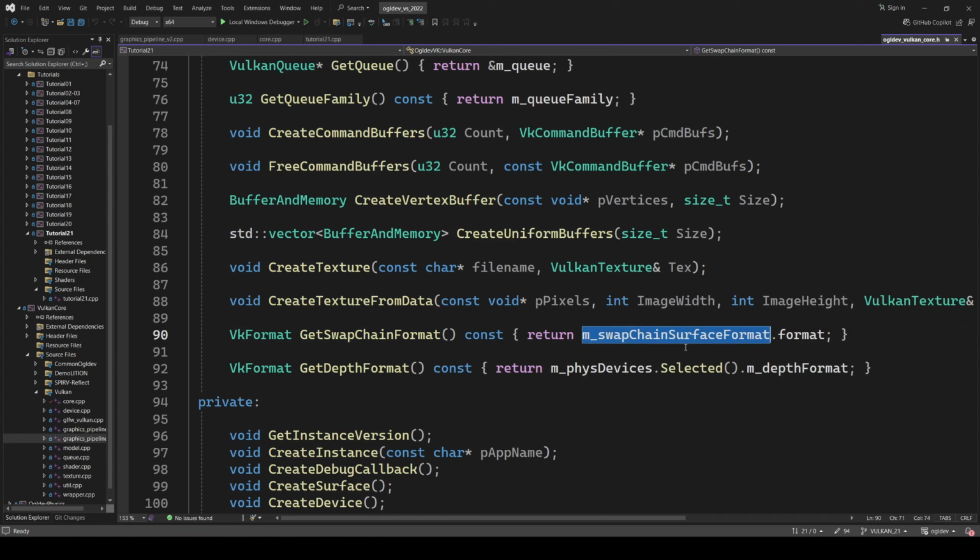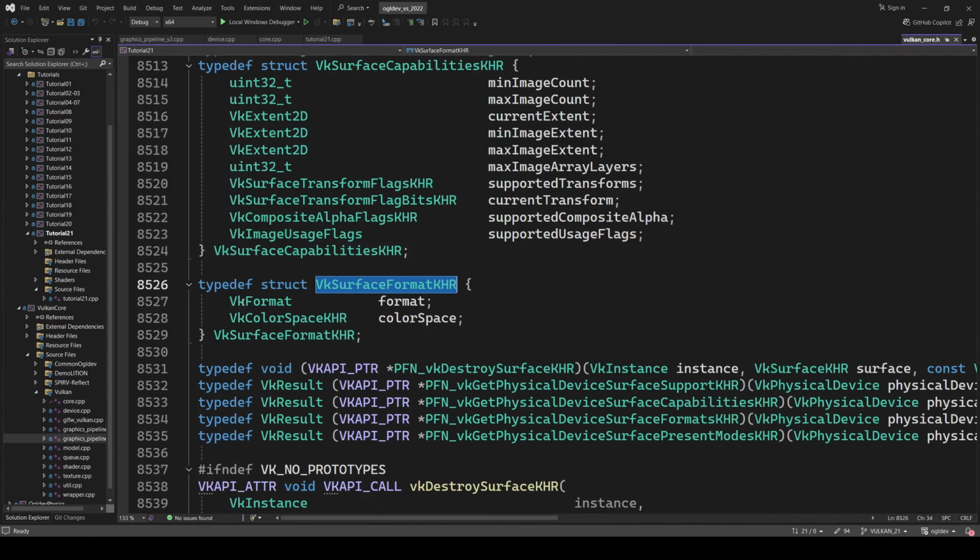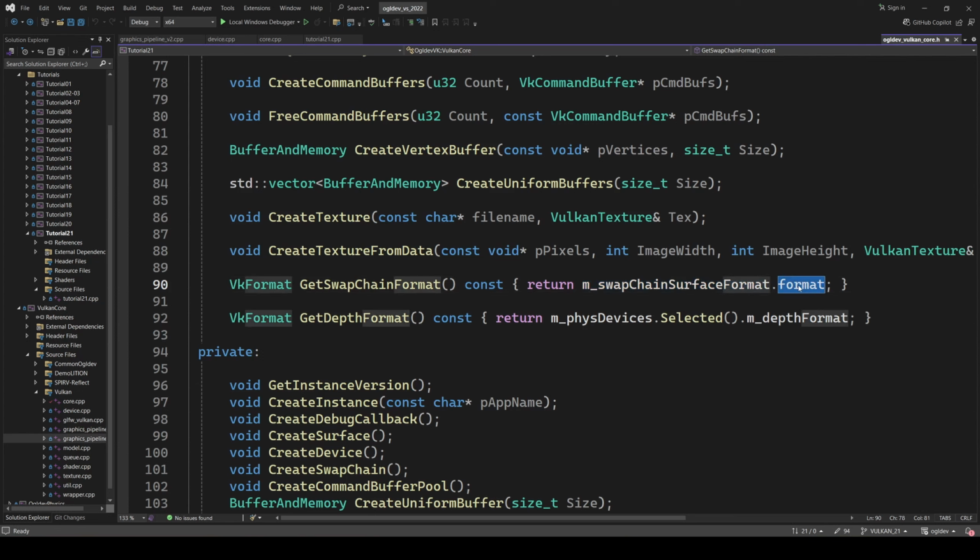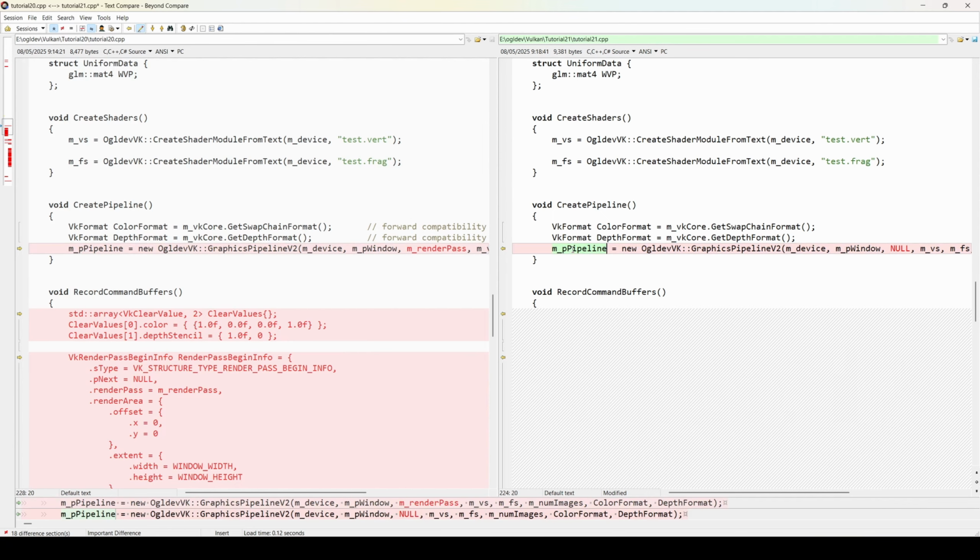and so getSwapChainFormat goes to the SwapChainSurfaceFormat attribute, which was saved in the class back when we created the swap chain. This structure contains both the format and the color space, but here we only need the format, so this is what we return. And for the depth format, we go to the list of physical devices, to the selected physical device, and it also contains an attribute called depth format, which I believe was added when we implemented support for depth buffering. And now the pipeline is created with support for dynamic rendering,